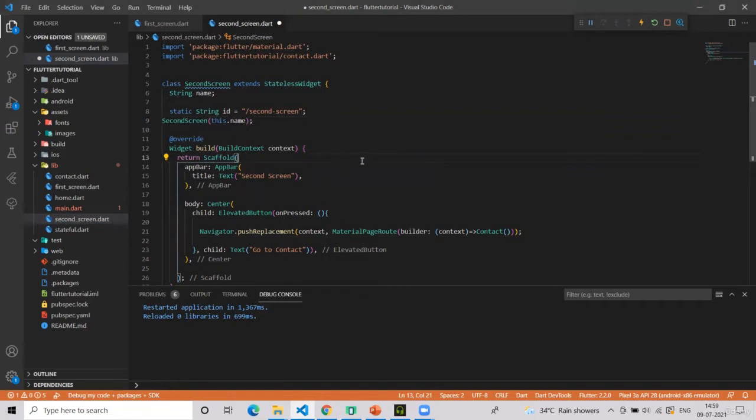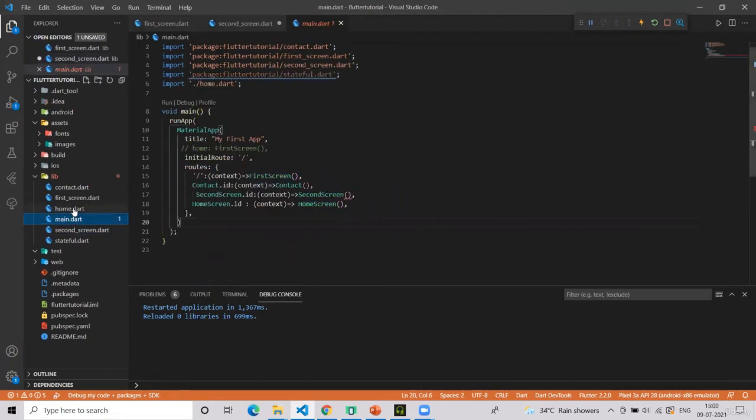Now in main dot dart, definitely here it's asking that we have to send some value. Because we are using named routes, this is not the way to send a value.